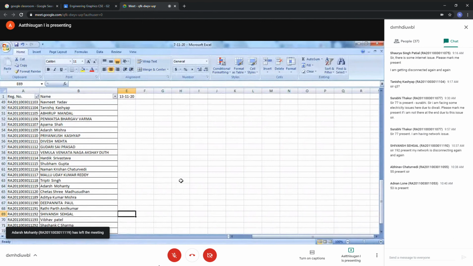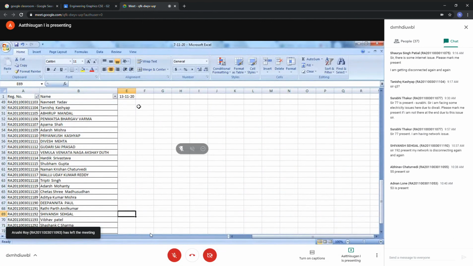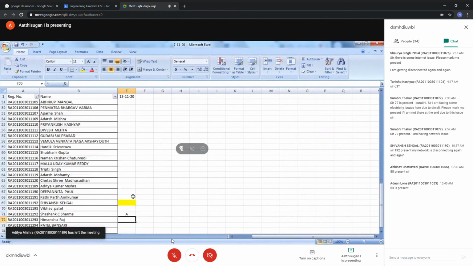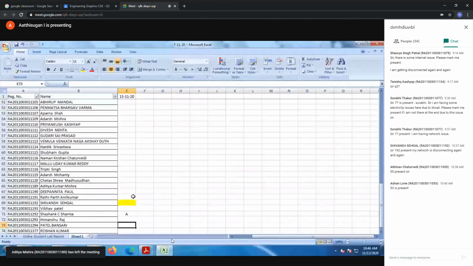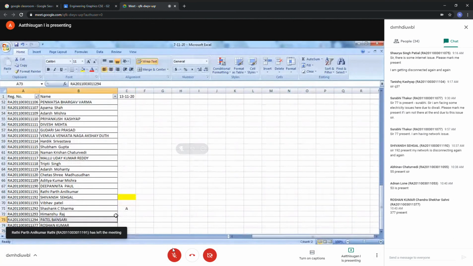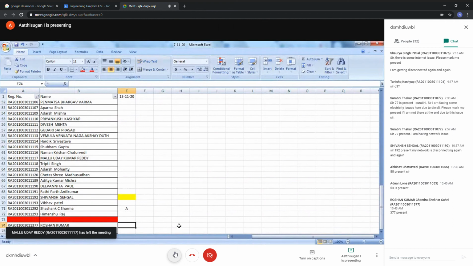Shivansh. Sir, he is present, sir. He wrote in the chat box. Okay, I'll check it. Vaibhav, present, sir. Next. Shashank. Himanshu, present, sir. Okay, next. Patel. I think she should have left. Okay, I'll change it. Roshan, this one also left. Okay.